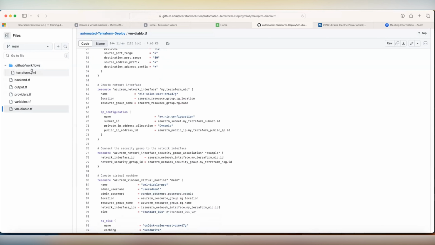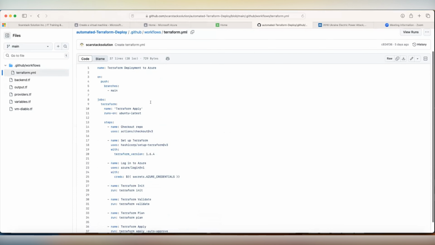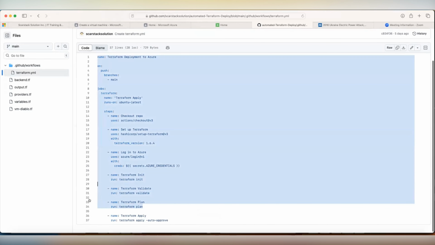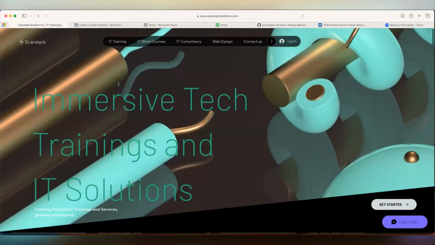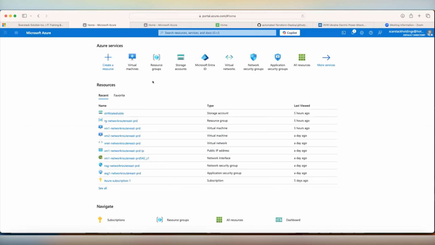It uses the continuous deployment, uses a YAML file right there. Right now, I've just opened up that YAML file. This YAML file has the specific instructions for our Terraform to deploy, performing specific actions such as initializing Terraform, validating Terraform, planning the execution for Terraform, and then finally performing the apply that actually deploys this. This eventually deploys our IT infrastructure to what? Our Azure environment right here. So that is how